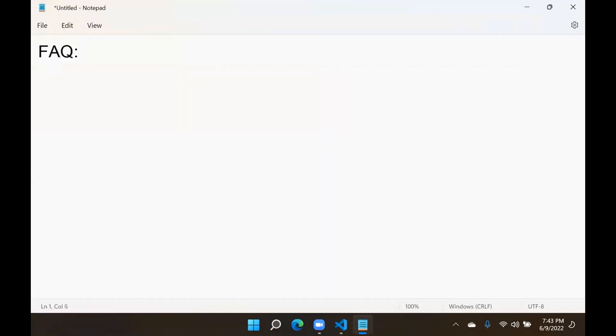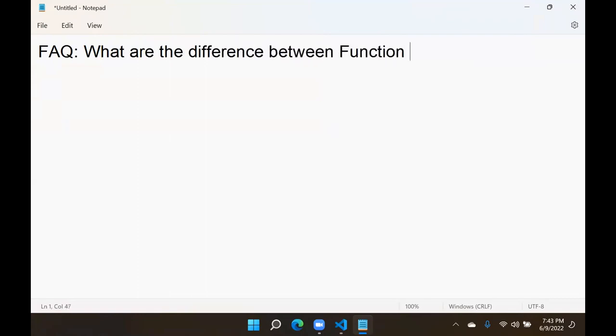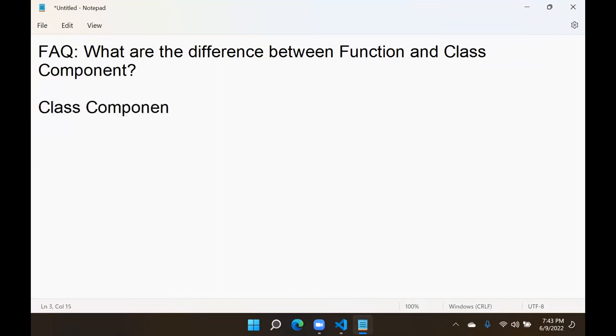In regular interviews, this question comes: what is the difference between function component and class component, right? So what are the differences? Differences between function and class component actually. One point I will tell you here. Actually, class components